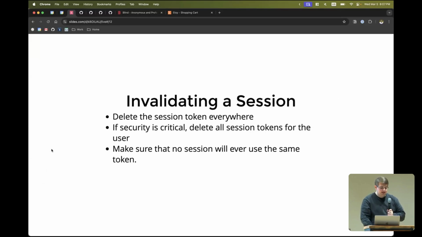And then invalidating a session. If you designed everything the way it's supposed to, deleting a session token should basically invalidate the whole session, and the user should be logged out. If the session token gets leaked and you have a way of detecting that, it's easy. You just delete the token from the server side,